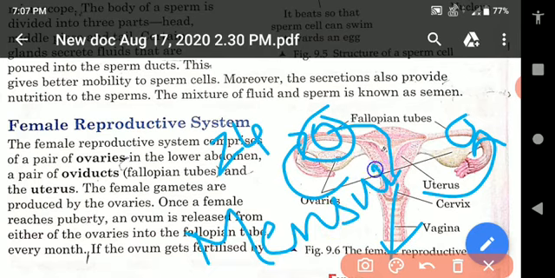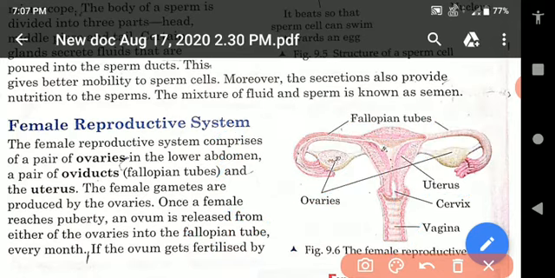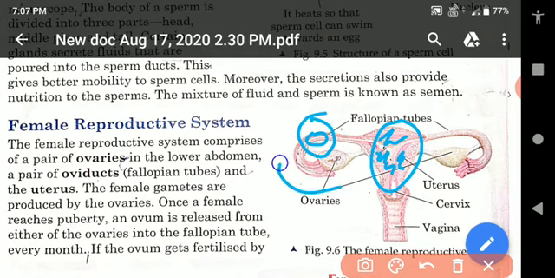Menstruation is a phenomenon in which... this is the wall of the uterus. The wall of the uterus has been prepared and contains a lot of nutrients and blood for the developing embryo. If the egg is not fertilized, meaning no embryo is formed, what would happen with the nutrients and the blood? The ovum bursts and comes to the uterus.